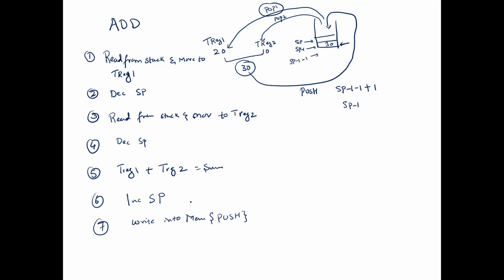What is that instruction we have talked about? Add. Now how is the add executing? It is reading from the stack, and it needs to move from one place to another place, then decrement the stack pointer, right? So every step is going to take time to execute. But what is our function associated with that? Only addition. See here, data movement instructions it needs to do, decrement it needs to do, again read it needs to do, decrement. So to perform an addition, it is going to take a lot of time.